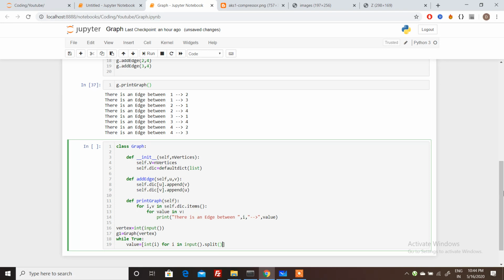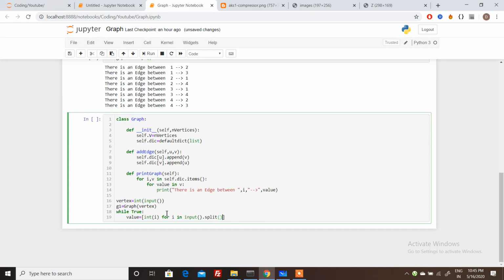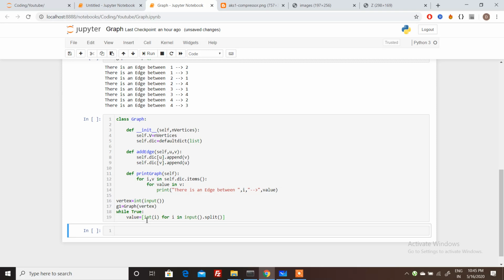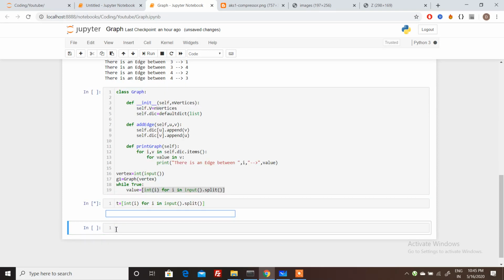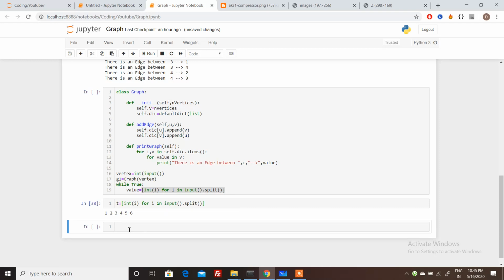What does this line represent? Let's understand this code first. Storing in t, if we run this line then we can take as many inputs as we want.